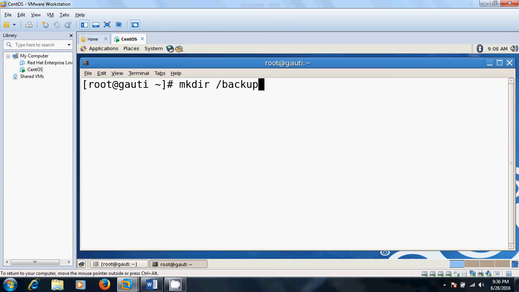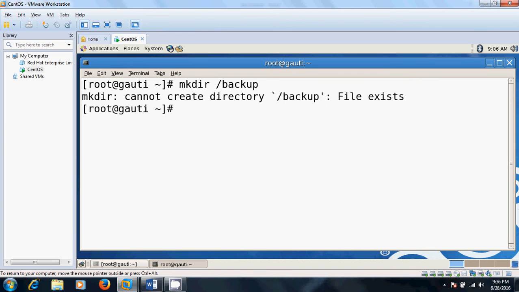Okay friend, cannot create directory /backup, file already exists. Okay, make another name: mkdir /backup. Okay friend, after that what we should do is copy all three files, /etc/passwd, /etc/group and /etc/shadow, to the backup directory.